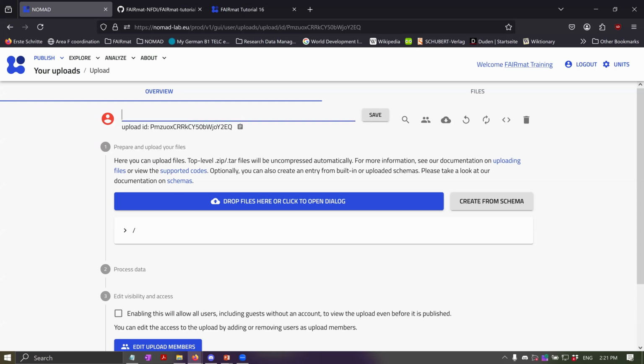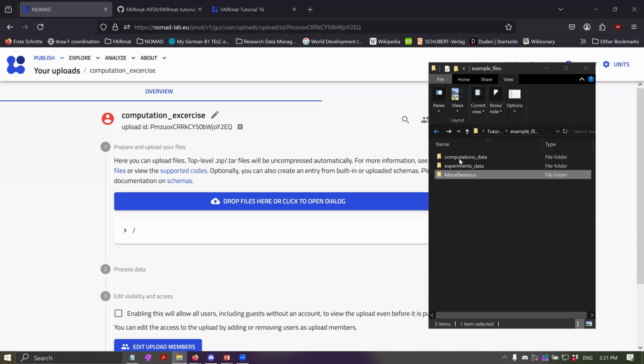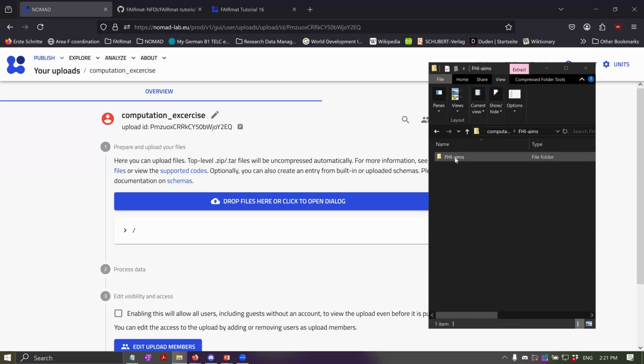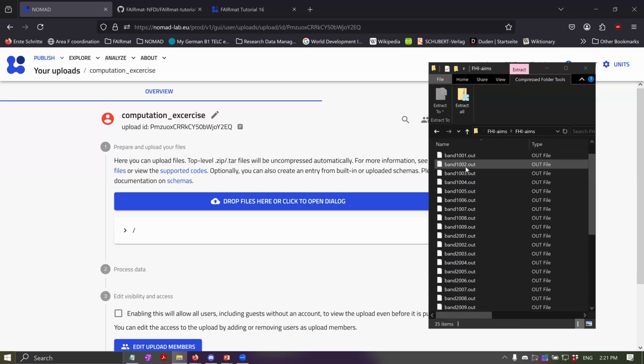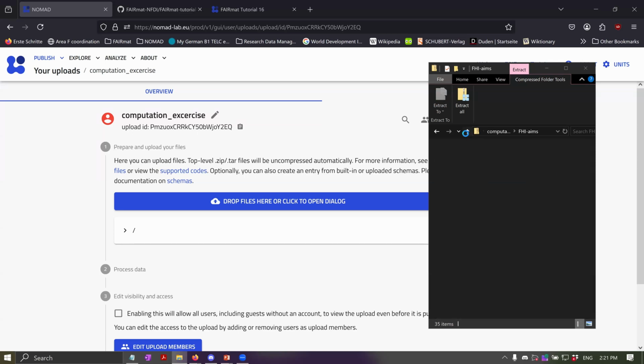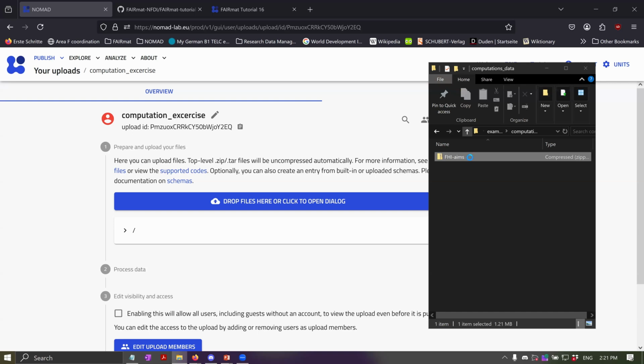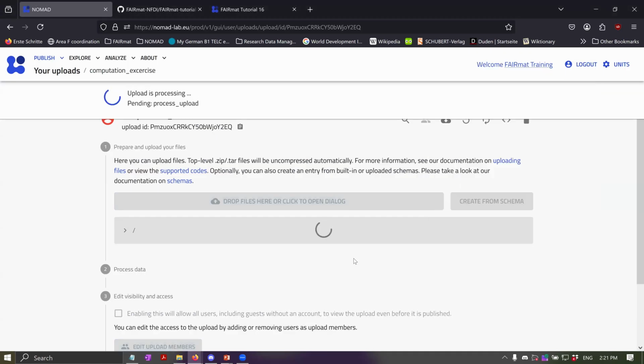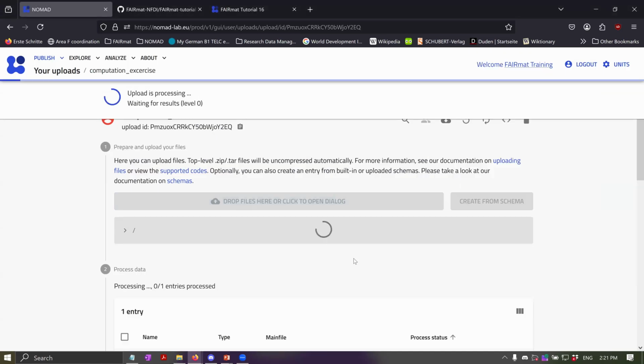This is computation exercise. And let's save it. Then we can add the file. In this case, the input and output files would be a large number of files. You could add them individually, but the easier way is basically to compress them and upload the compressed file directly to NOMAD. So we drag and drop the compressed file,